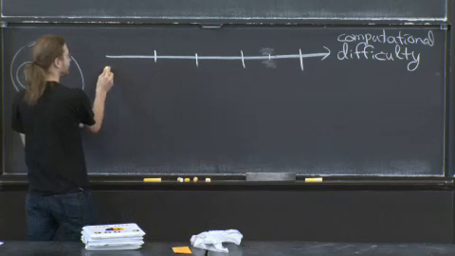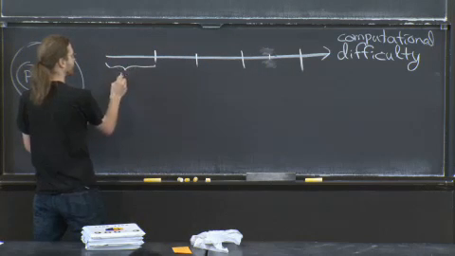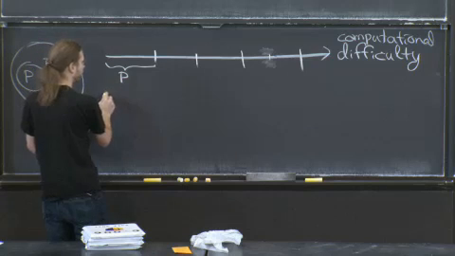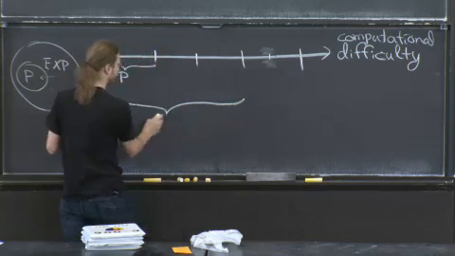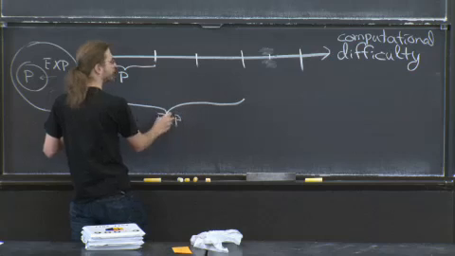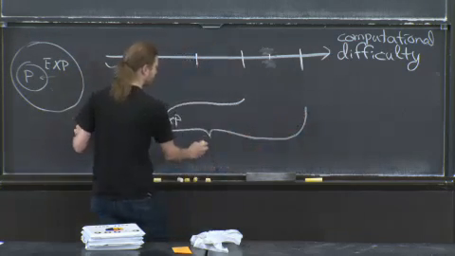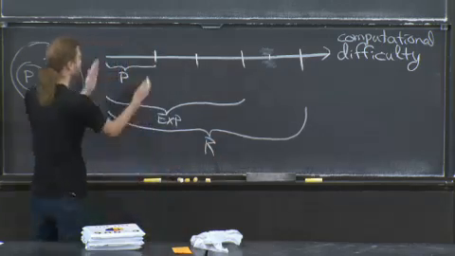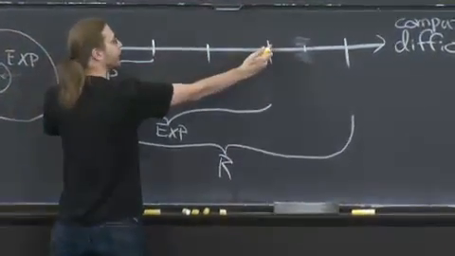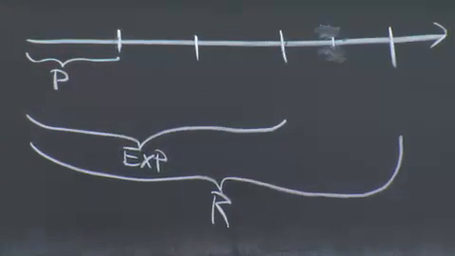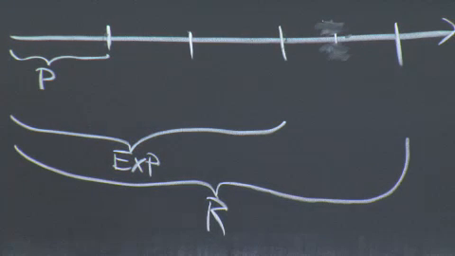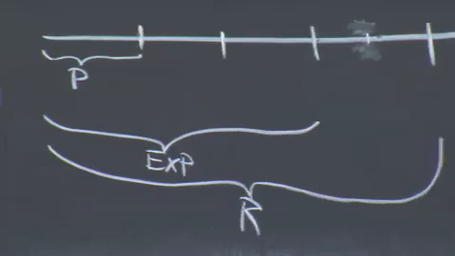We have over here the easy problems, P. Then we have these problems which are EXP. We're going to fill in something in the middle. And then this is something called R. But so you've got P is everything here. EXP is all the way out to here in some abstract view. All right, the next thing is R.